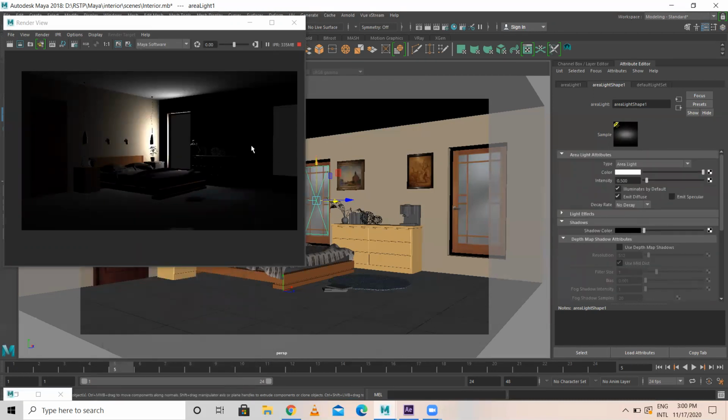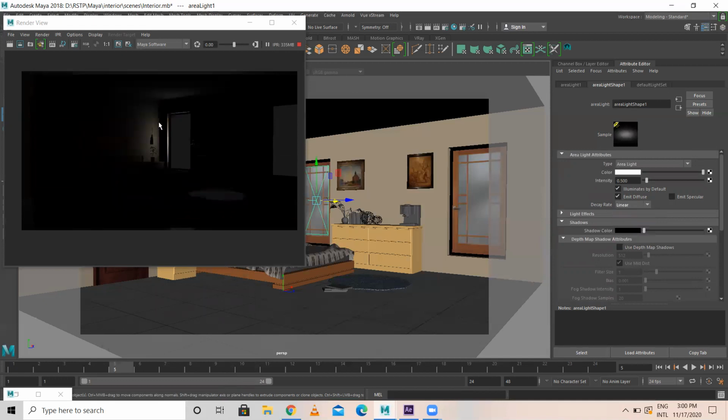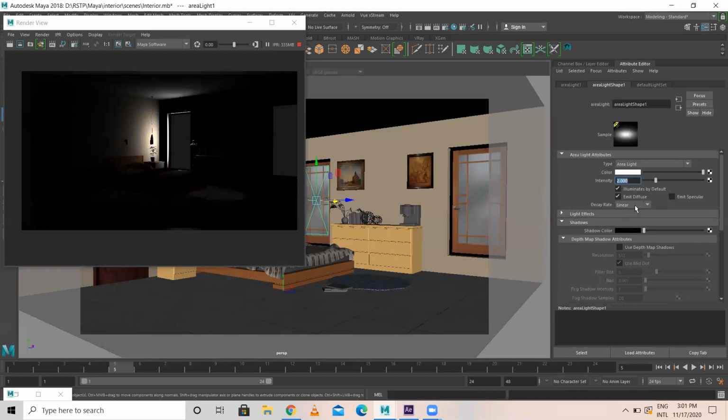Okay, now this is one output, but the intensity still seems off, because there is a bleach over here, we don't want this kind of output. Okay, and decay rate, there are different types of decay rate. No decay, linear means that kind of bleach won't be there, but still you can increase brightness here. This is achievable, this is okay. You can make it linear.